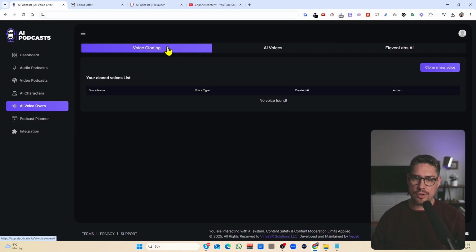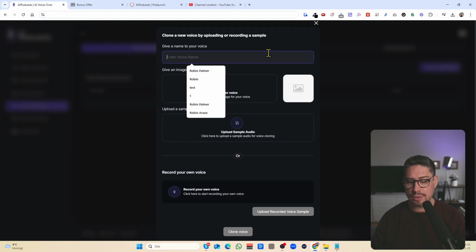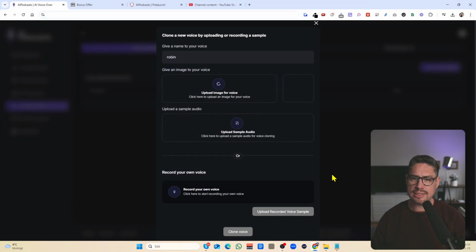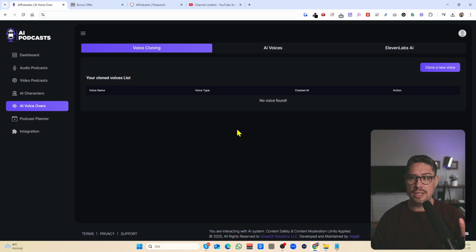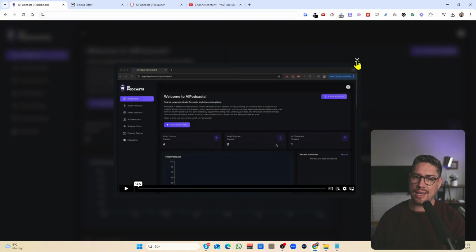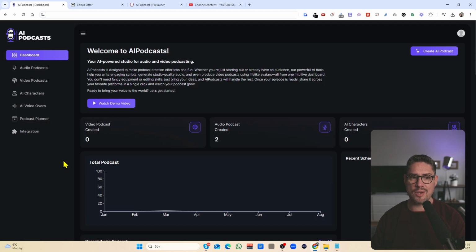And then we have the voice cloning, which is essentially cloning your voice. So you would enter the details here, and then you would upload your picture. I'm going to take this as an example here. And then you want to upload a sample. It has to be like 30 seconds. You can upload that here, or you can record it directly using this section here. And then you just clone the voice, and then you can use this. It's going to take a couple of minutes maybe to create that, so I'm not going to be able to show you that inside this video live, but that's essentially how this works. But you can watch it entirely here if you watch this demo, which is going to show you exactly how this works. Now you can check the details below in the description of this video for more details.